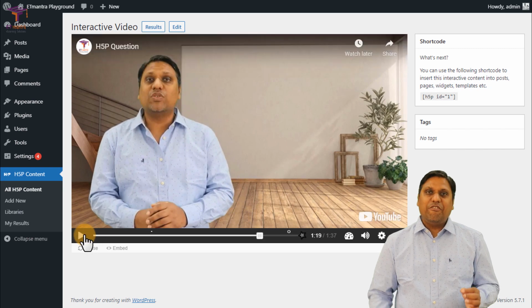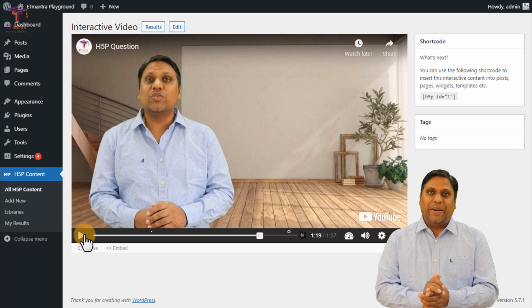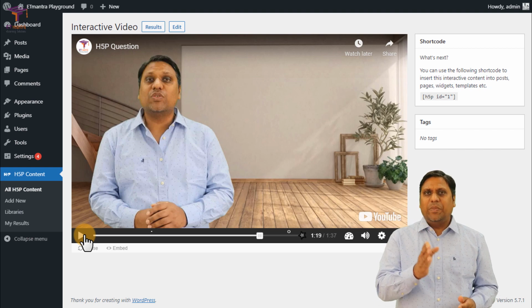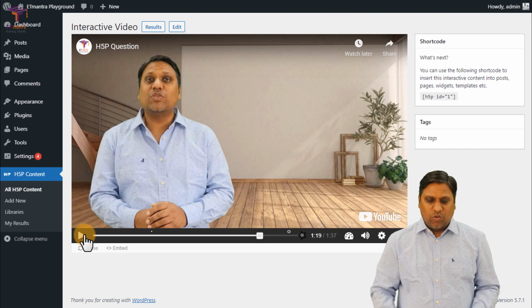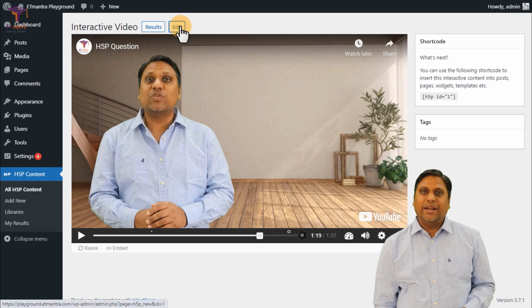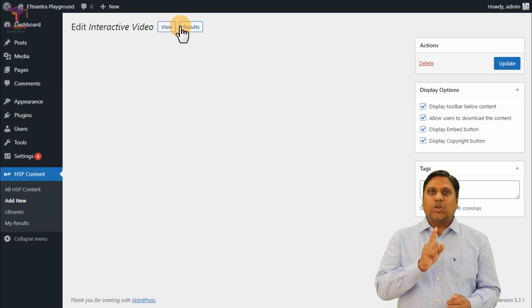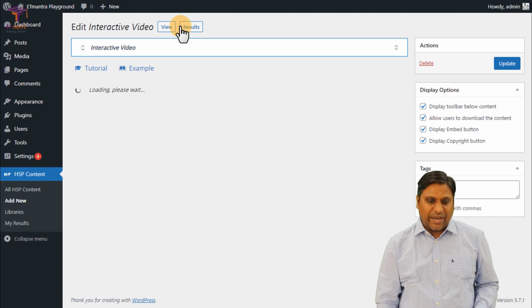See, we have made these correct interactive elements. Here only one thing, when somebody selects a wrong option, they should get back to the explanation part rather than being allowed to continue. For that again we can do a few things, but I have to make changes in many things here. So let's click on edit. First of all, we have to correct the question timing, which should remain there for 29 seconds.